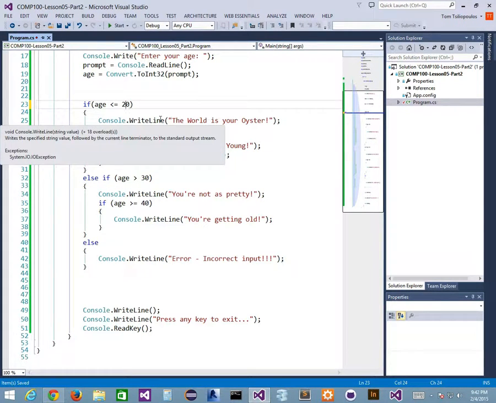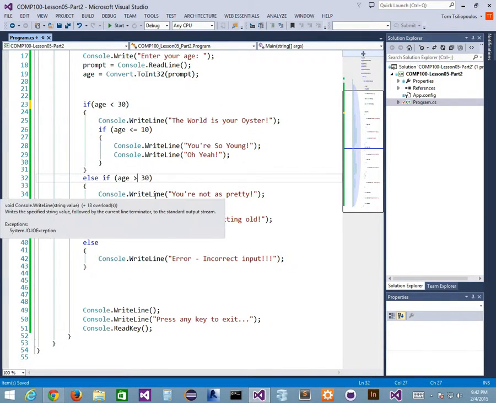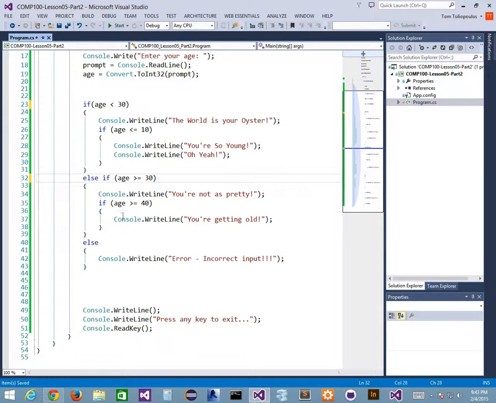Let's go back to this example, though, right? So I'm less than 30. I'm less than 30, and I'm greater than 30, right? And I'm greater than, I'll say greater than or equal to 30, but I'm greater than or equal to 40, both these things will fire. If I'm less than 30, this will fire. And you know what? Even if I go negative, it'll fire. Because -1 is less than 30, right? But what if I want to check if